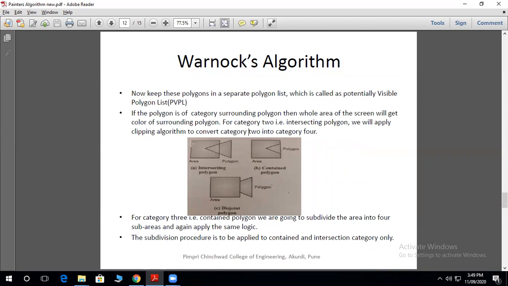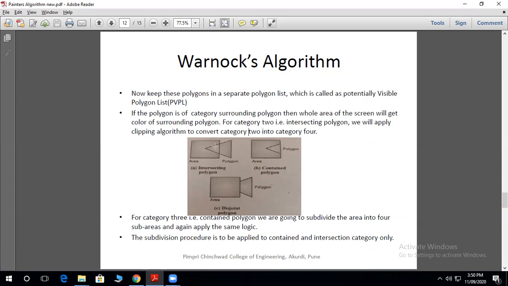If this is the example of an intersecting polygon, you can see this part. If we clip, the polygon will look like this after clipping. So we are converting the intersecting polygon to a contained polygon, and the remaining part will be eliminated, converting into category 4, the disjoint polygon. Anyhow, we need to remove the disjoint polygon, so we will be considering only the intersecting polygon and contained polygon.